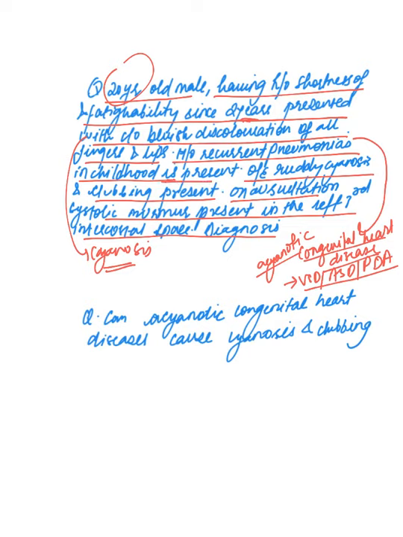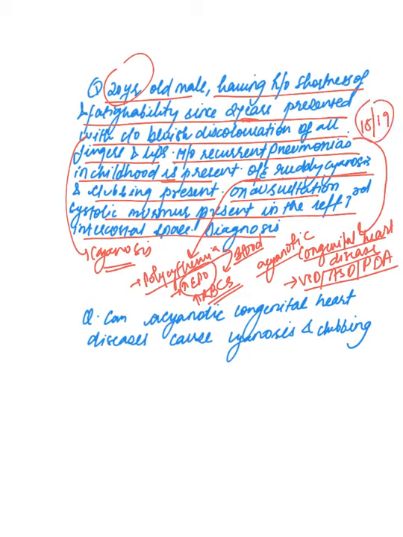So on examination, ruddy cyanosis is present. Ruddy cyanosis signifies polycythemia. Basically, when a person is exposed to hypoxia for a long time, there is increase in the erythropoietin hormone in the blood, and this erythropoietin leads to increased production of RBCs in the body. So basically they have hemoglobin of 18 or 19 and they have ruddy cyanosis. Clubbing is present, which signifies presence of hypoxia.